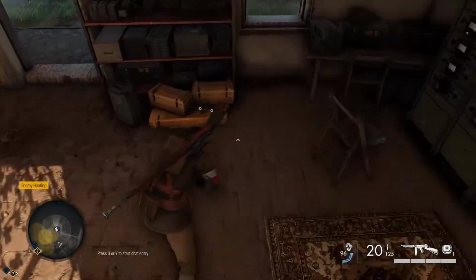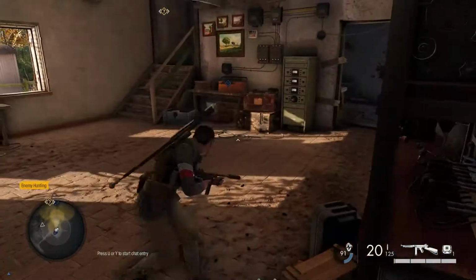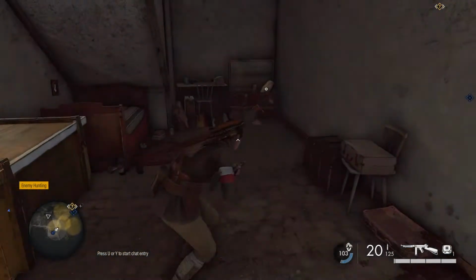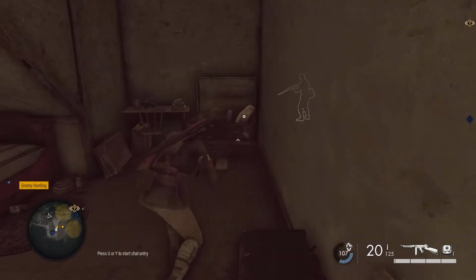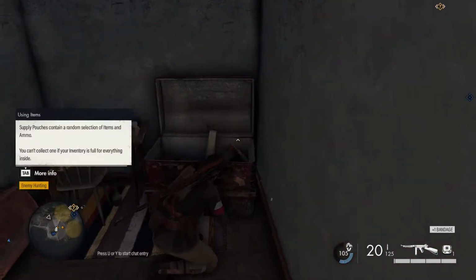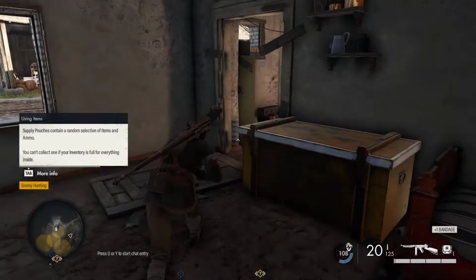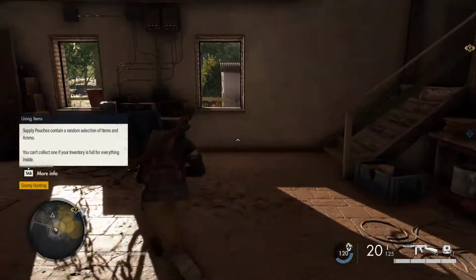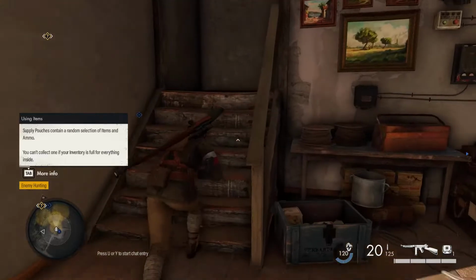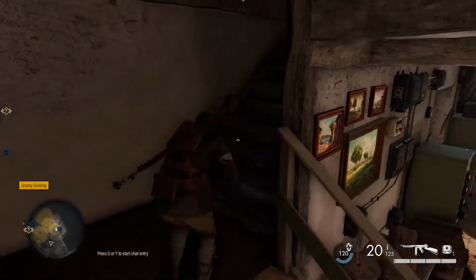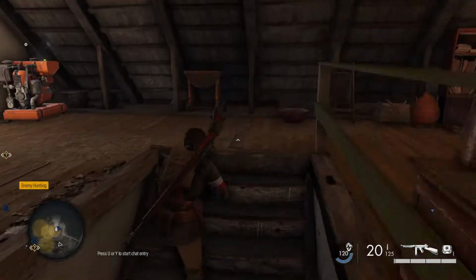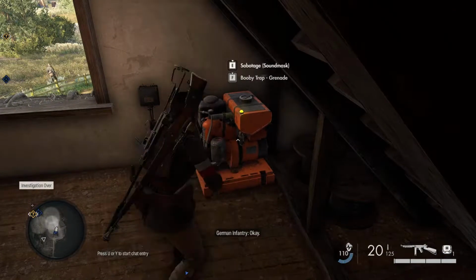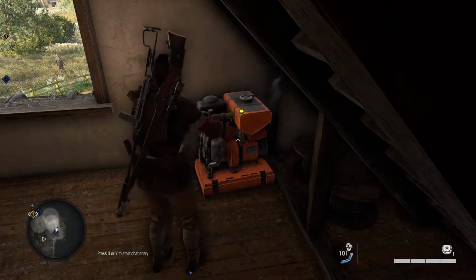What's the scan button again? Left alt. No. I can't see any. I can see an enemy. Ooh, we have a few coming up on us. Yeah, I'm trying to think of what that button is now, the one that does the sense, the pulse. Yeah, it's left alt for me. Left alt's crouching for me right now. Oh, it is. I just had to hold it. I was dumb and tapping.